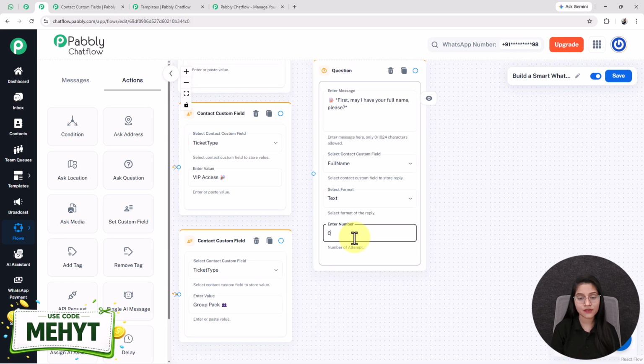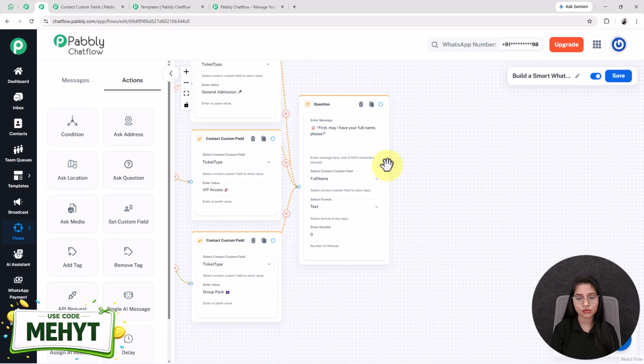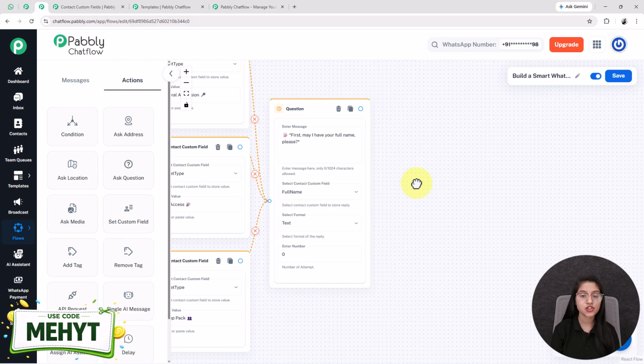Here in this case, I am giving the number of attempts as 0, so there is no requirement of any validation message. After that, I am connecting all these three contact custom field nodes to this question box. Now, when the user will share their full name, then the bot will ask them to send their email address and